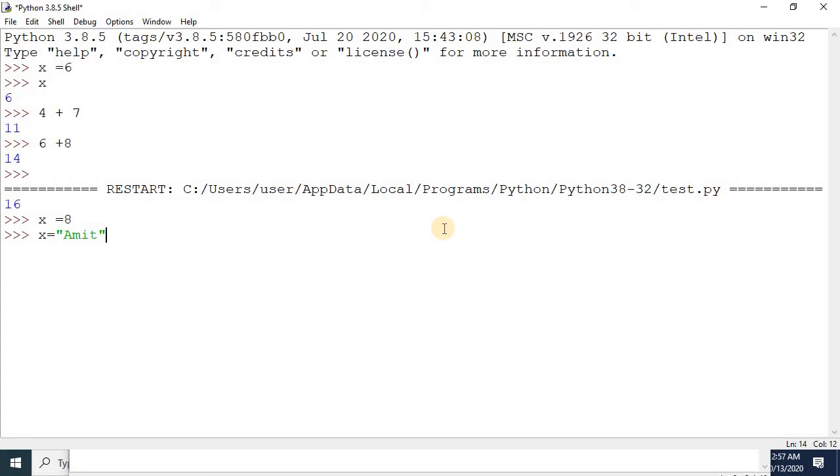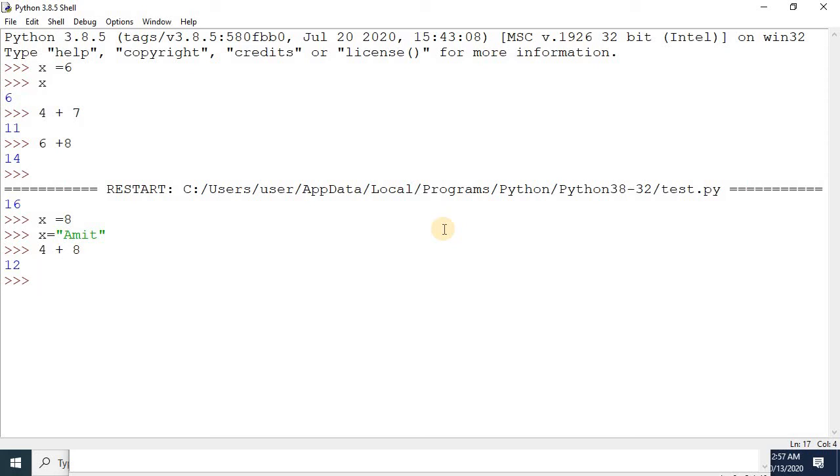We'll discuss this term in detail in the upcoming chapters. But for the definition, an operator is a symbol or a word that performs a particular task. For example, if you write 4 plus 8, here plus is an operator which does the particular task of addition of two numbers and returns the result.